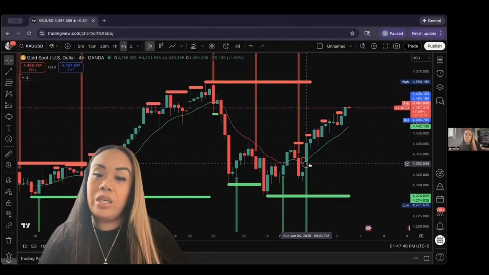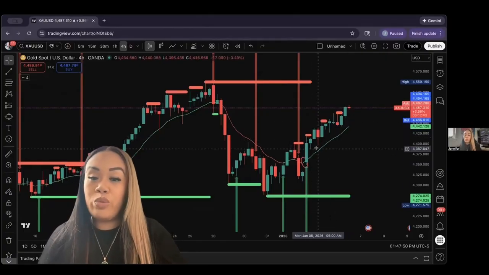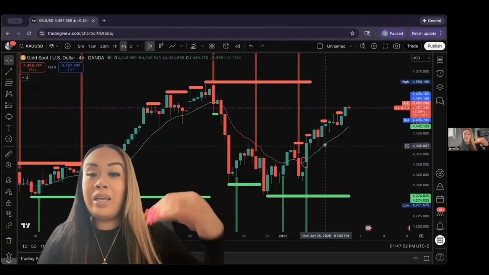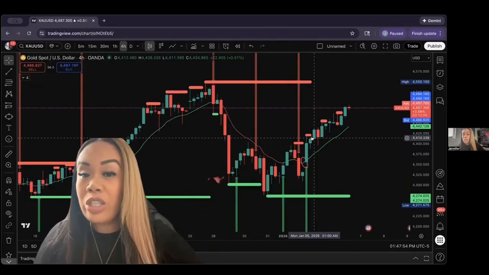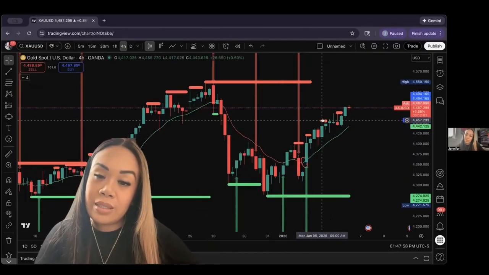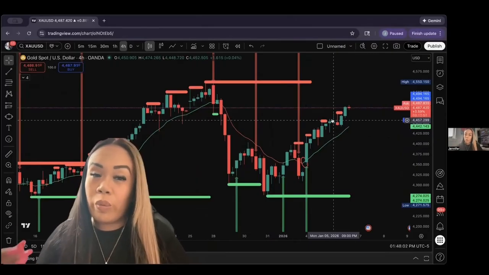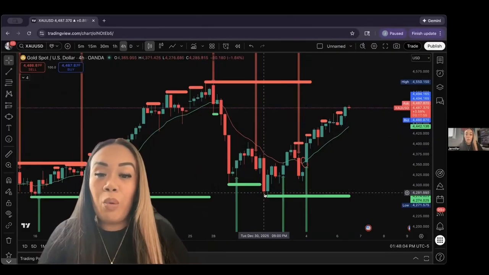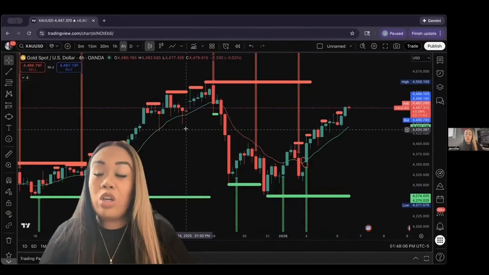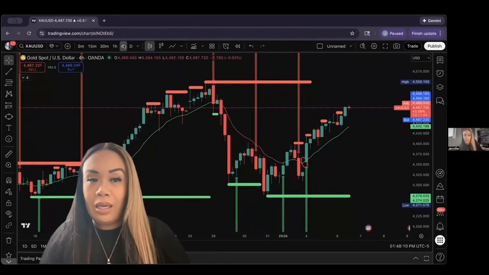You're going to wait for confirmation. You're going to wait for that green laser beam candle above the moving average being green, and then extra confirmation is what? Breaking through these resistances. As it breaks resistances, it's going to keep going up. As it breaks supports, on a smaller time frame, yes, we're still coming down until we see,